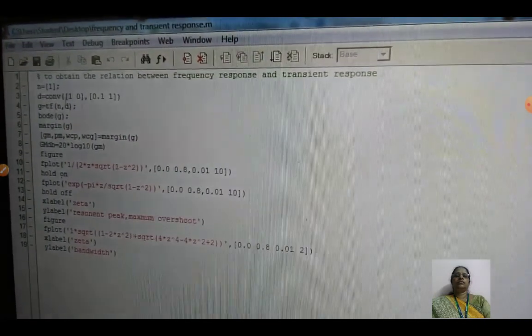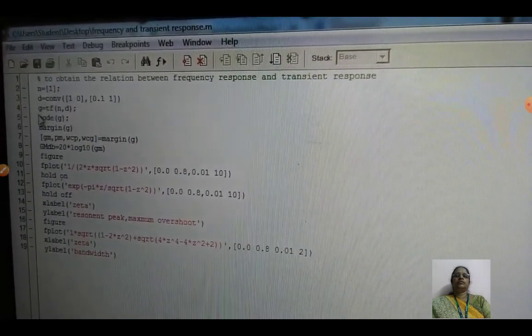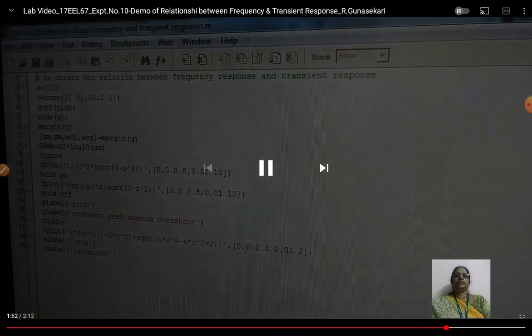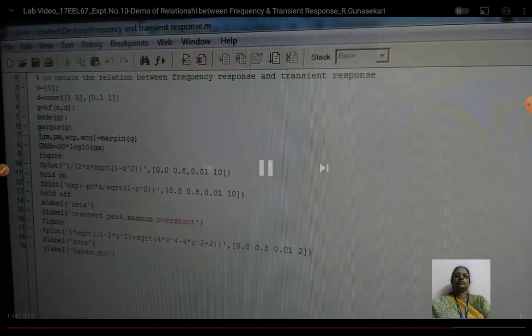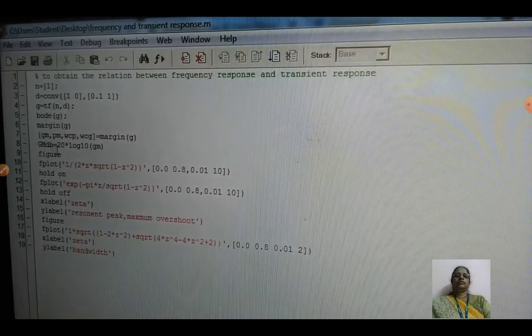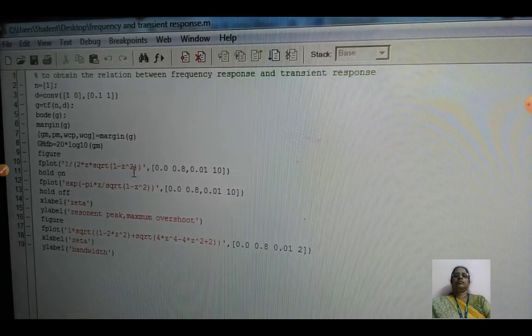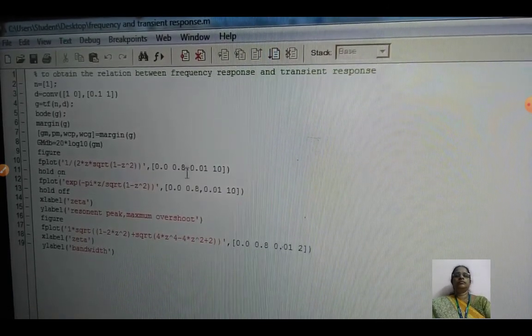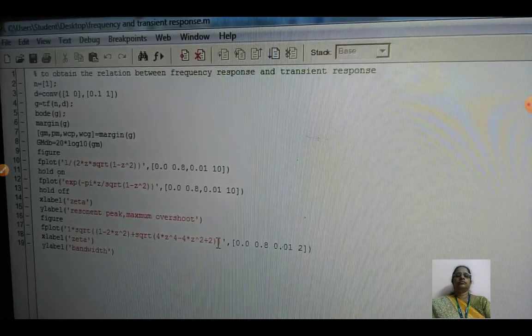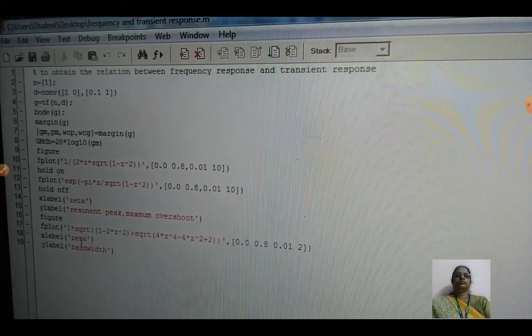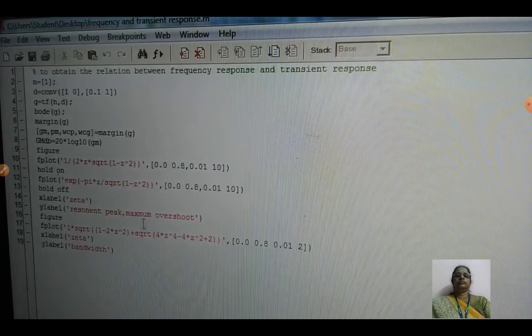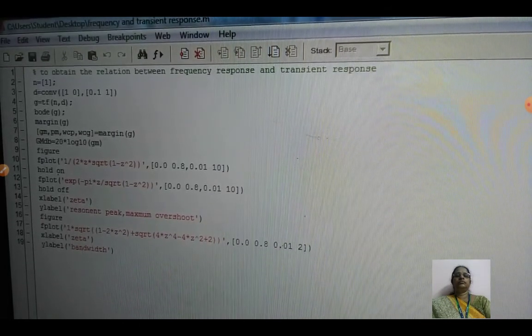Now you see the numerator and the denominator. This is the transfer function, the Bode plot, the margin, and the gain in decibels, and then the curves are plotted. So all three different curves for zeta, bandwidth, peak, maximum overshoot, everything, we get.